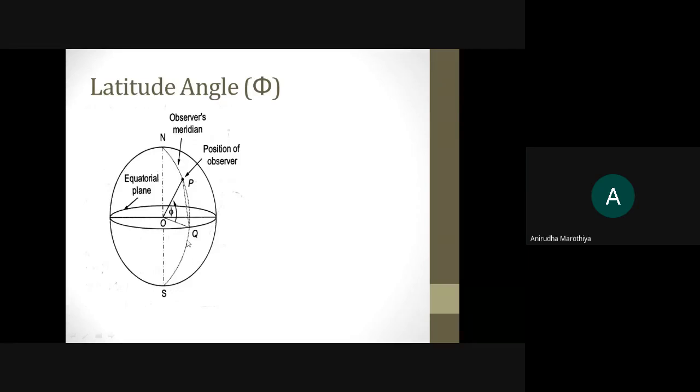Then in that case we need to apply a proper sign convention just to distinguish whether the position of the observer is in the northern hemisphere or in the southern hemisphere. So simply by seeing the magnitude along with the sign, we are in a position to identify whether the observer is in the northern or southern hemisphere. For that reason, if the position of the observer is in the northern hemisphere, then we need to take the magnitude of latitude angle phi always positive. This angle we need to take positive when we are measuring in the northern hemisphere. Are you getting my point?